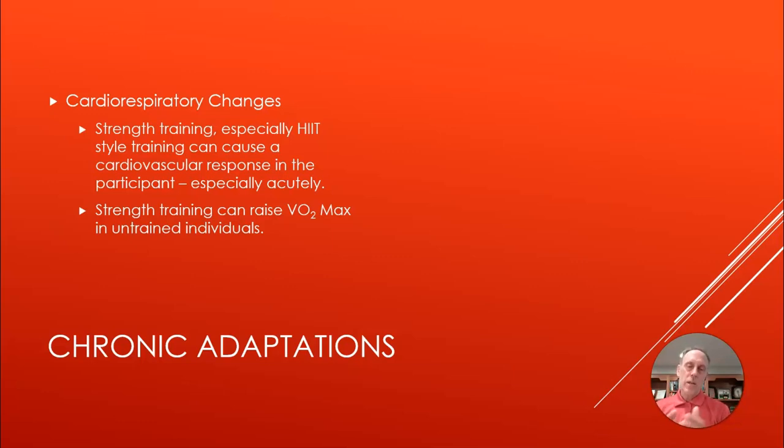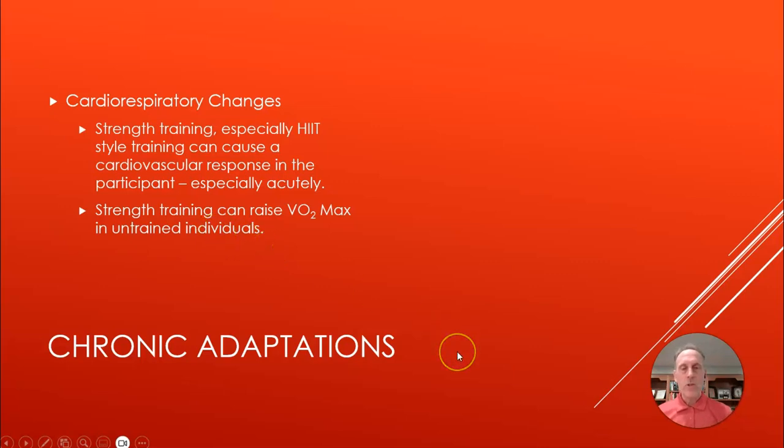Because cardio itself, and we'll talk about this in a minute, has requirements in terms of how long, what's supposed to be, the rhythmic nature of it, etc. But I'll tell you, if you do a HIIT style training program, you can elicit a cardio-like response where the heart rate's elevated, the respiration is elevated, and you'll have increases that are very indicative of cardiovascular responses, but you're using weights and it's to be considered anaerobic. Just saying. So with strength training, you can raise your VO2 max, but in untrained individuals.